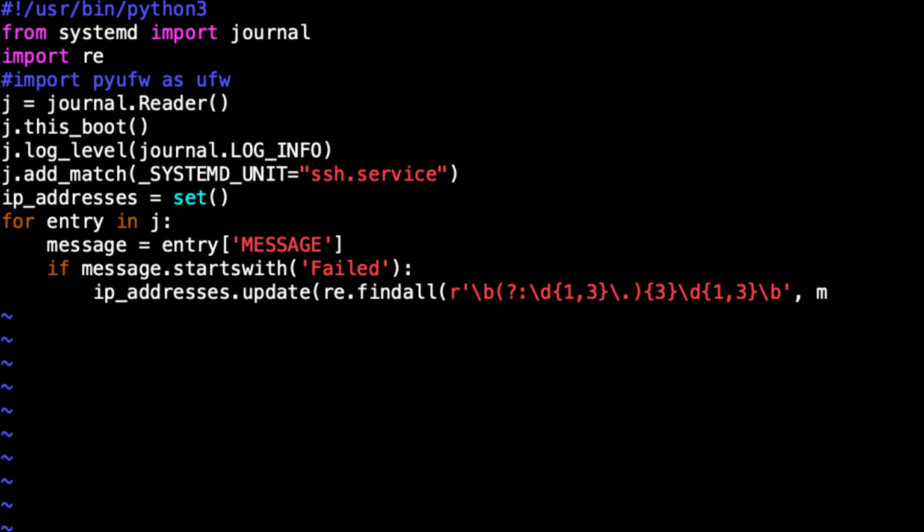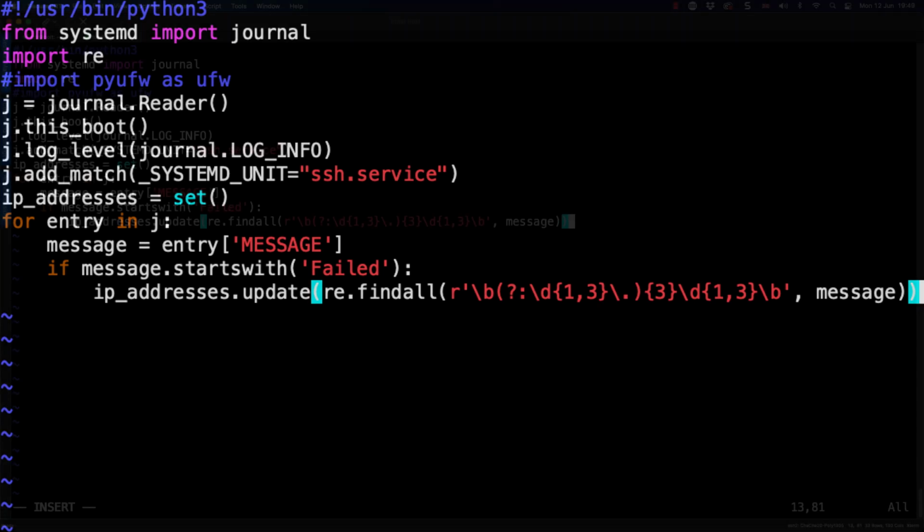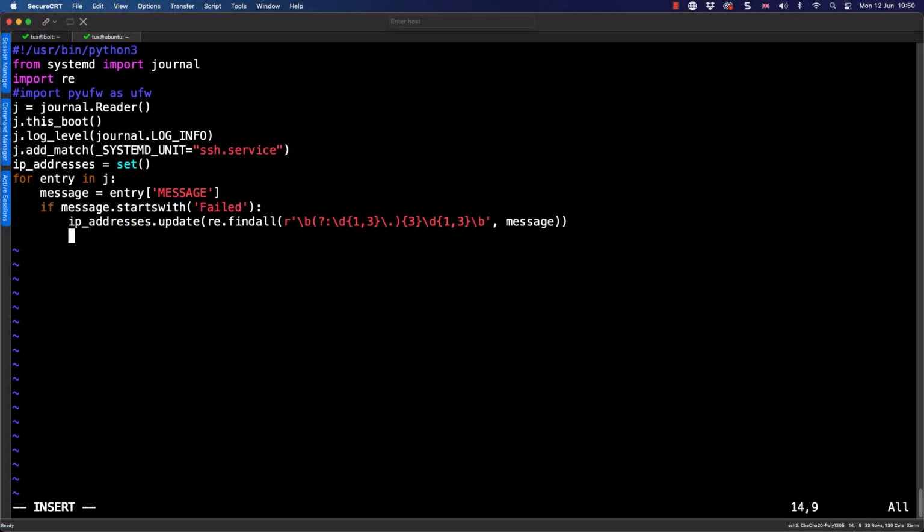We can put our comma, and then we can go through and put our message is what we're searching for. And then we want 2 parentheses because we need to close the findall method and the update method. So there are actually 2 methods that we're closing. So make sure you've got 2 parentheses at the end. We can then shrink this back to see the rest of our code.